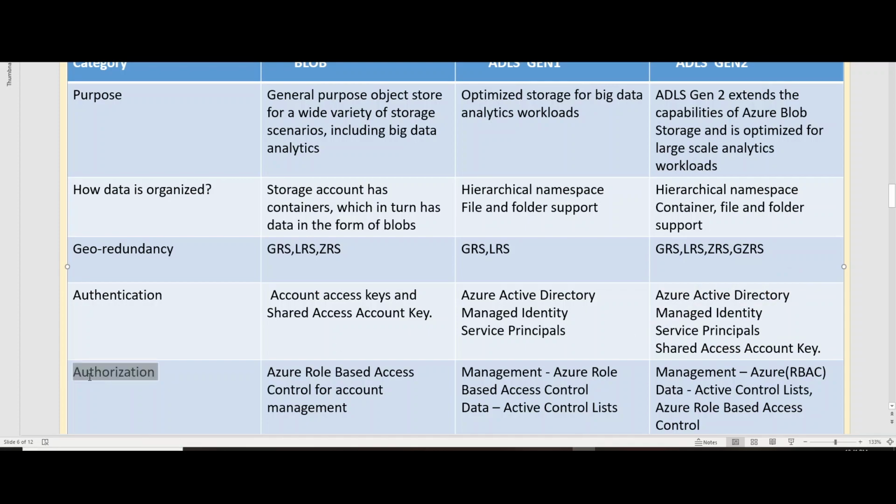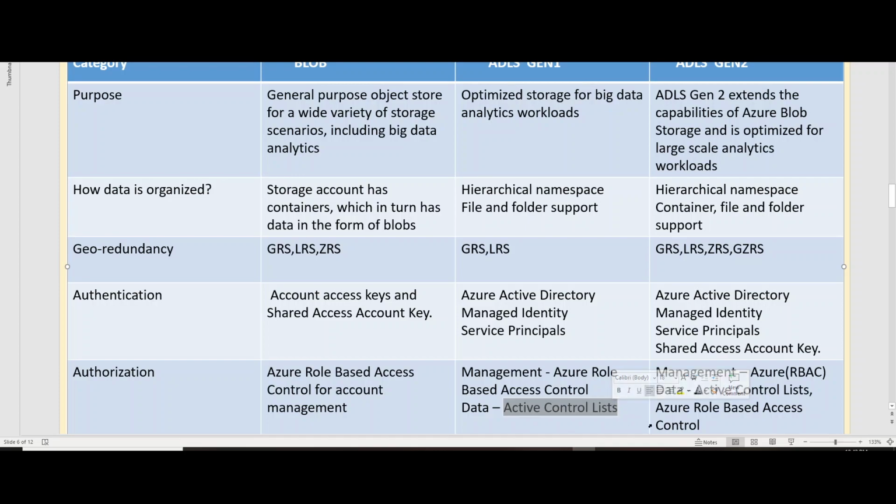Now coming on to the authorization. Authorization is basically when you try to access the data inside your storage account. For that, blob has role based access control for managing your account. Gen 1 has role based access control and access control lists.